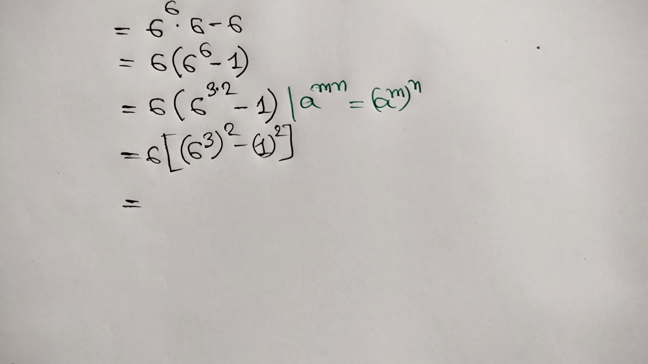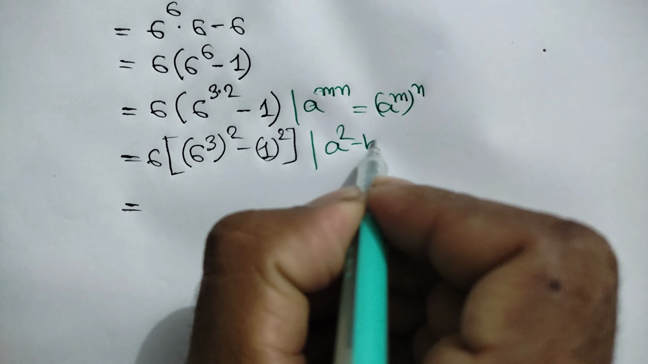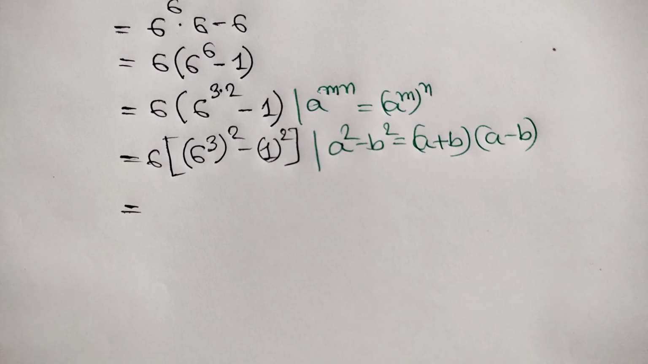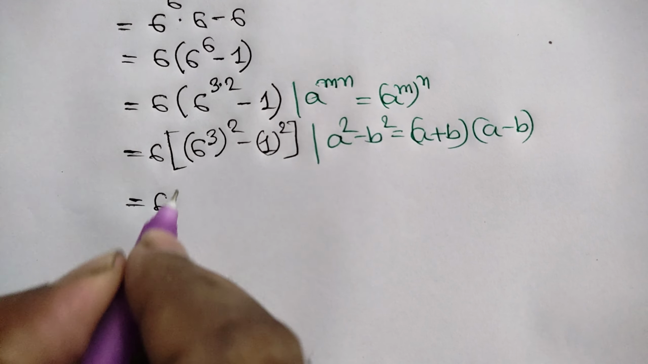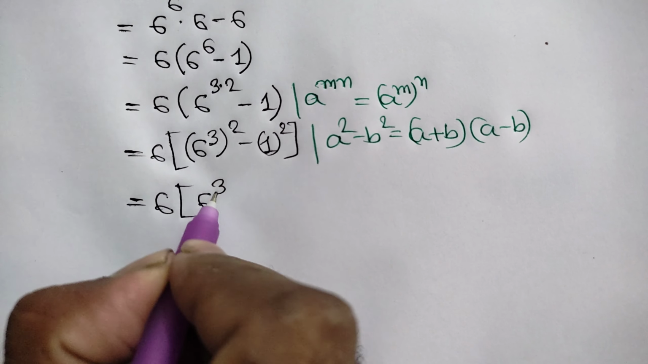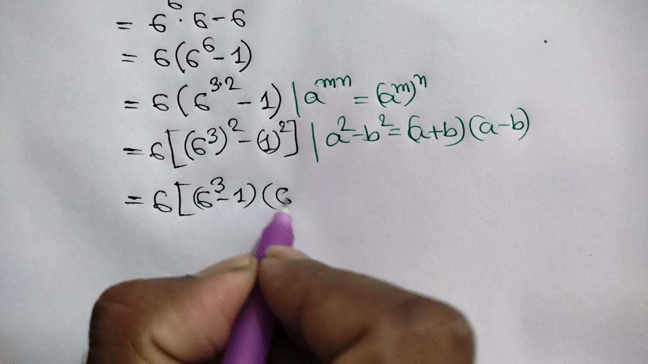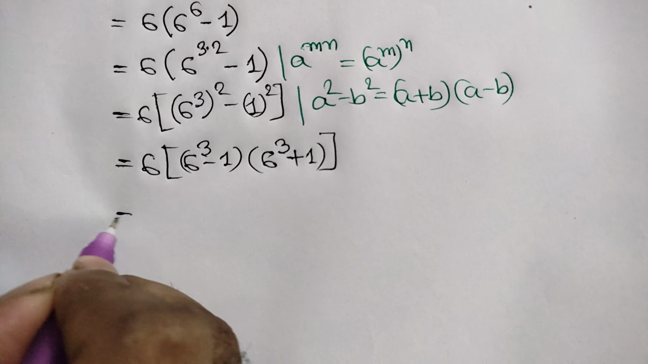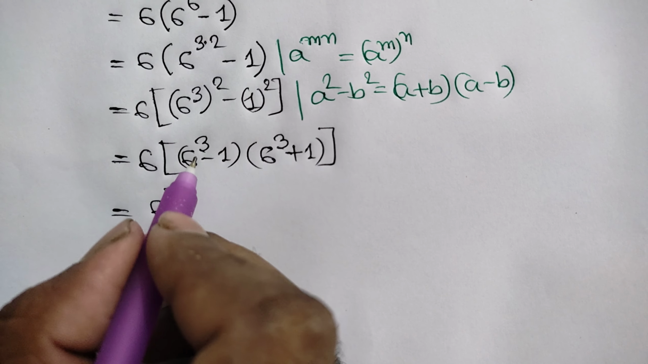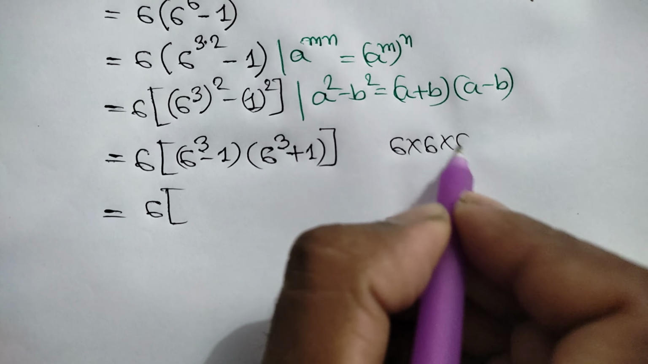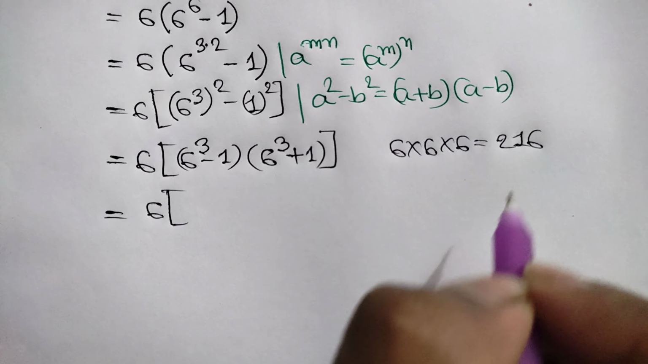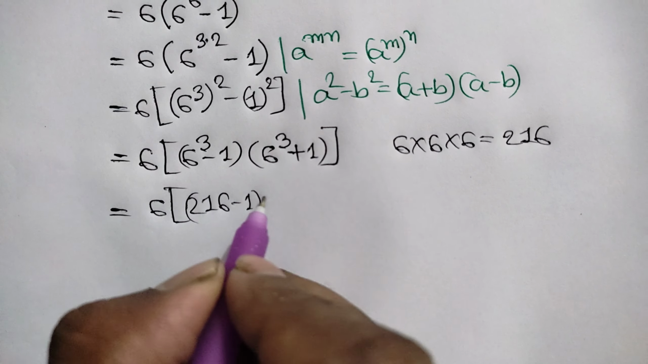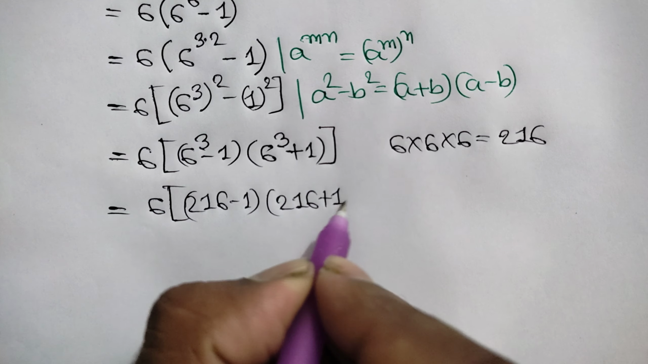is equal to, now we know the algebraic formula a square minus b square is equal to a plus b times a minus b. So applying this rule, we can write 6 times 6 cube minus 1 times 6 cube plus 1 is equal to 6 times, now 6 cube, that means 6 times 6 times 6, is 216. So we can write here 216 minus 1 times 216 plus 1